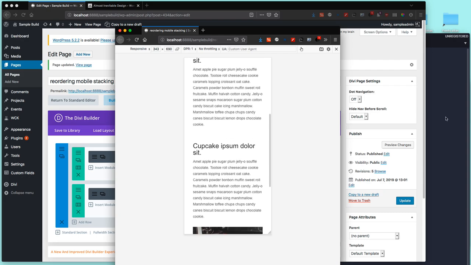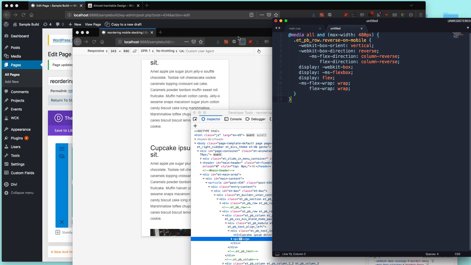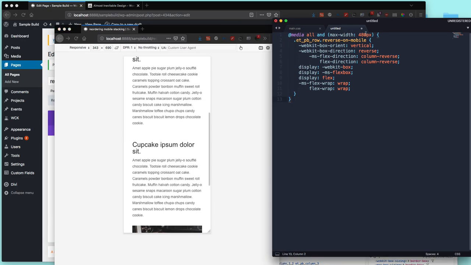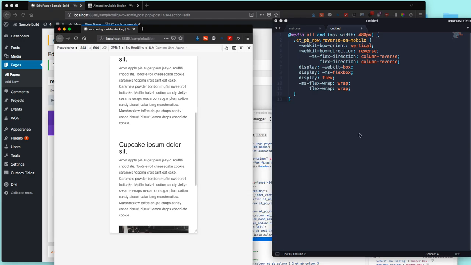So what we're going to do is target this screen size, and Divi usually uses a screen size that is 480 pixels wide, which covers pretty much all the screen sizes of mobile devices. Now, if for example, you have a device that's something like maybe, I don't know how Samsung does it, but I think I remember an LG G234, whatever it is. I don't know anything about those models, but somewhere around there they have a full HD screen that's held vertically, and in that case, what happens is